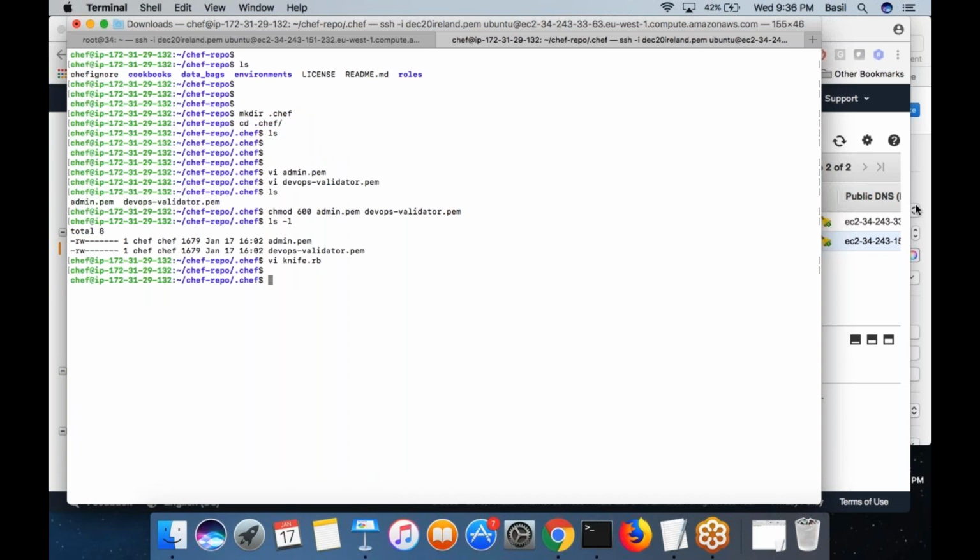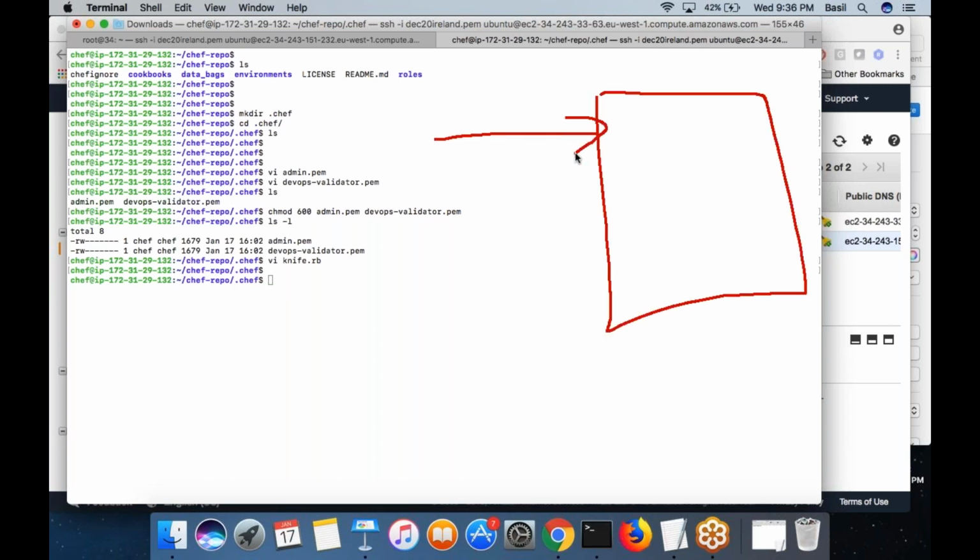So I will repeat what all things you did in the workstation. The first thing you did is you created an EC2 machine, and over here you installed the package Chef Development Kit. After installing Chef Development Kit, I created a separate user just for the sake of easiness. I don't want to work as root. For that, I created a separate user, and inside this separate user, I created a sample configuration package. It's nothing but a folder structure.